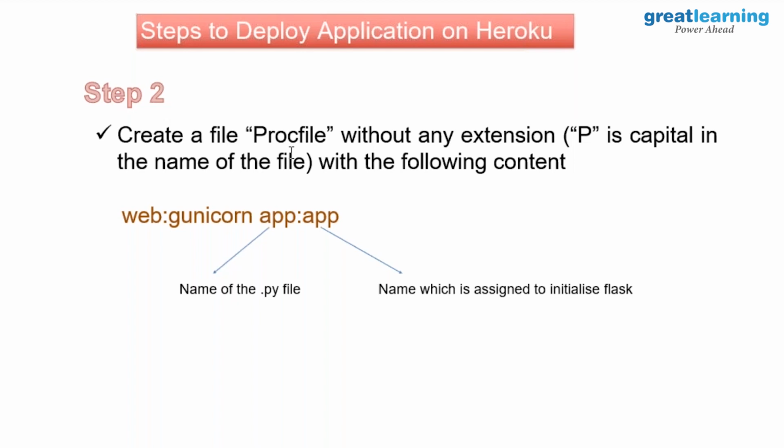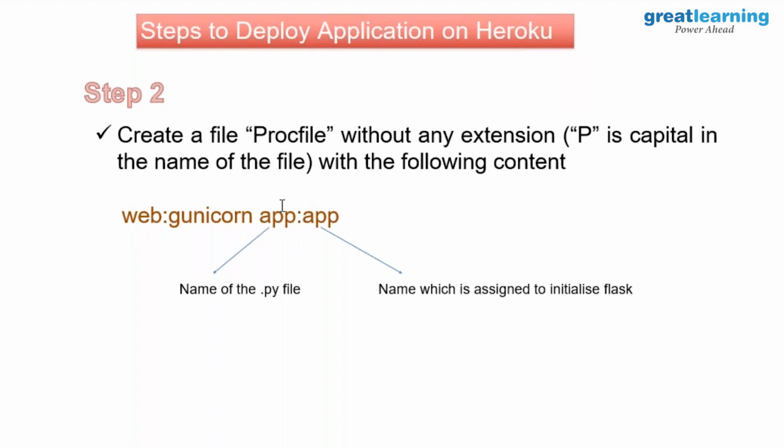So the Heroku platform deployment requires you to create two additional files. One is a Procfile and the second is a configuration file. What is the Procfile? The Procfile requires you to provide a command. Gunicorn is a web server interface, right? The way you have Flask, which was a WSGI, a web server gateway interface, similarly, Gunicorn is a WSGI environment for Heroku. So you have to say web: gunicorn, and then you have to provide these two arguments, app:app.